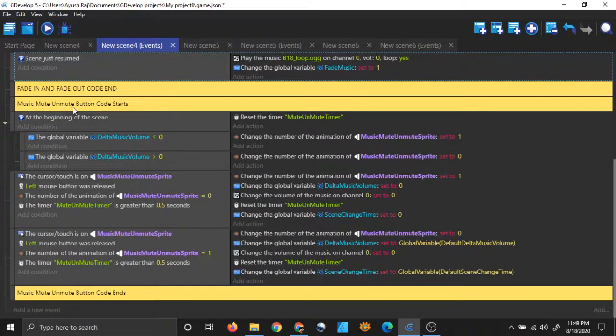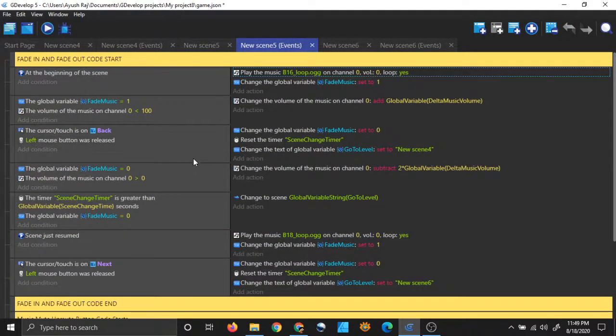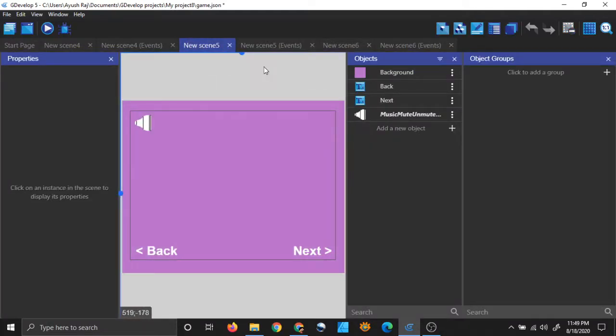Now before going to the music mute and unmute button code, I will go to my next scene. I just want to show you here that I have two scene changing logics. One is here when I press the back button. You can see in my new scene 5 I have a next button and a back button.